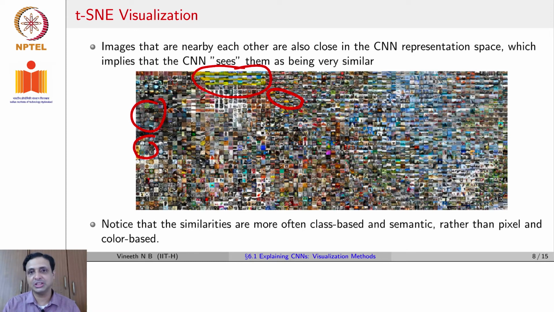In handcrafted features such as SIFT or HOG or LBP, you have to decide what may be useful for a given application and then hand design the filter that you want to use as a representation of the image, after which you may apply a machine learning algorithm. But now we are letting the neural network, the CNN in particular, automatically learn the representations that it needs to solve a particular task.